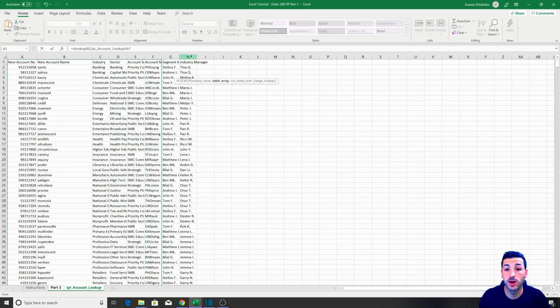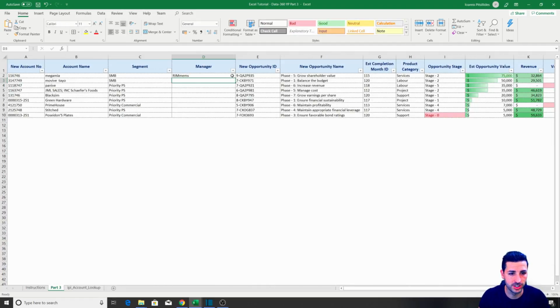It's easier, if you have like 17, 18, or even more than 20 columns, you can just see that number that it says there, and you know what you're going to put after comma. Because now I think it was 6. Let's check. Yeah, it was 6, the account manager. Cool. So now I've added account name, segment, and manager just by using the account number.